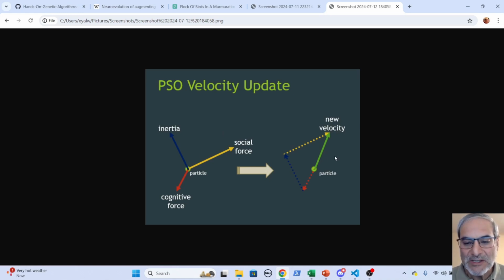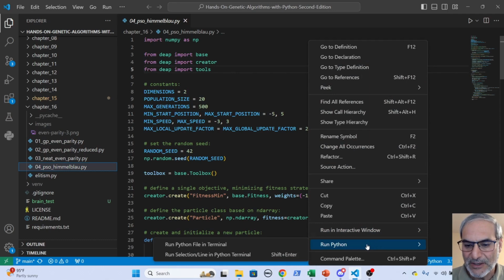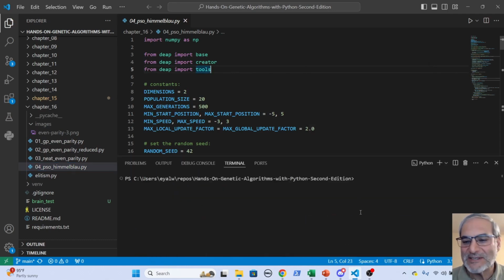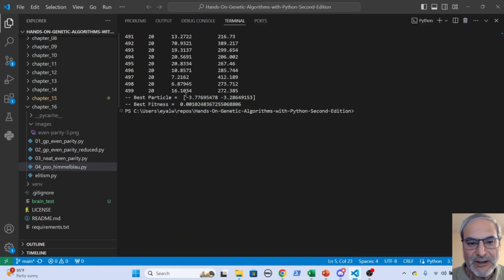So we do this every time, every iteration, and that means that these particles are all moving around all the time. They never really stop, but they will eventually go through the minimum points, or at least one of them. And when we run this particular program, you will see that it runs relatively quickly once it starts running, and that's it, it finished running. And it did find one of the known